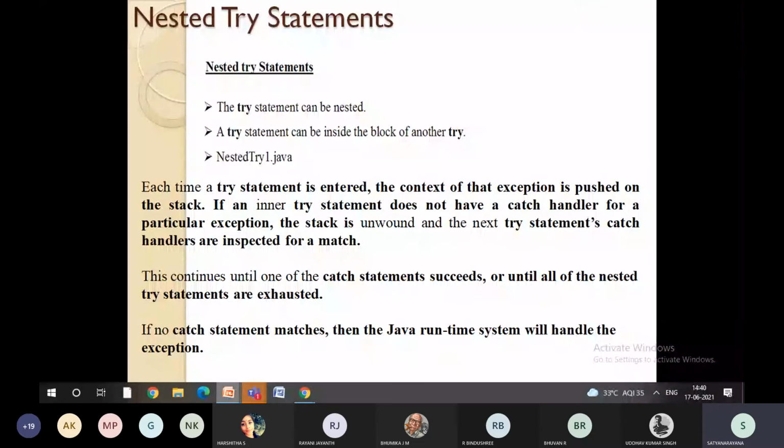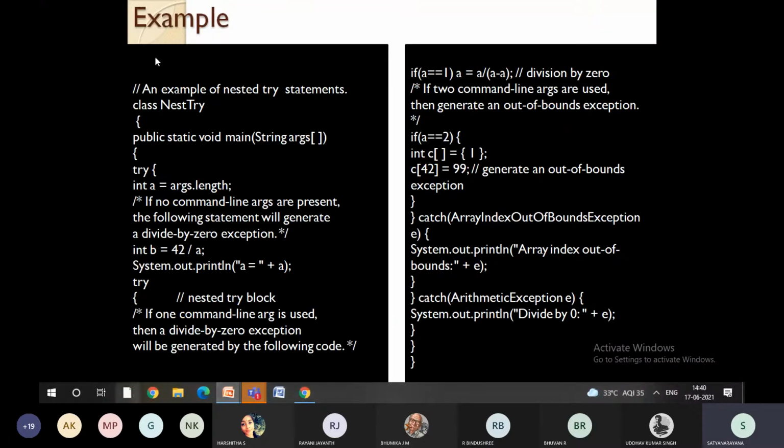So this is an example. Now, at the same time, if you want to have multiple try statements, say for example, you cannot predict that you will be getting only one try statement. You need to have multiple try statements sometimes. It's a stack of statements, maybe 100, 200, 300, 400, we don't know, right? So in that scenarios, we are going to have multiple try blocks also. We are going to have multiple catch blocks.